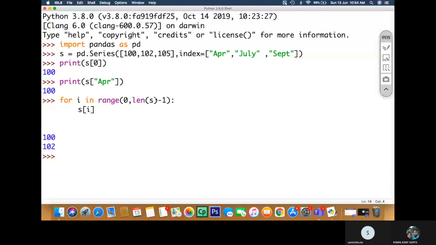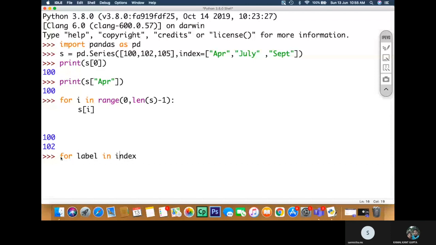So it goes up to 0 and 1. That's why those two values are being printed, because range already eliminates the last value, right? So that's why length of s minus 1 need not be given if you want to print all the values up to 105. Now you can simply write like this also for the labeled index.